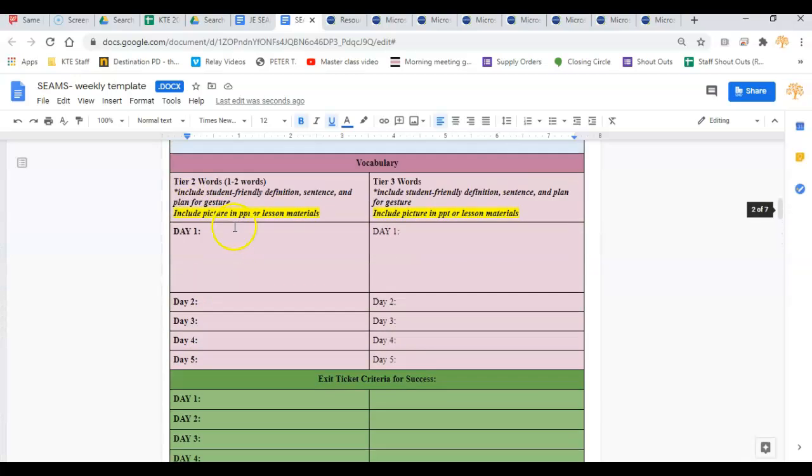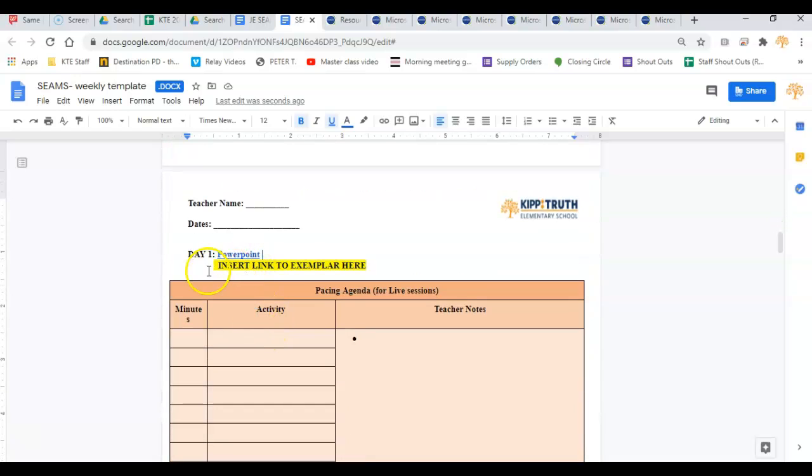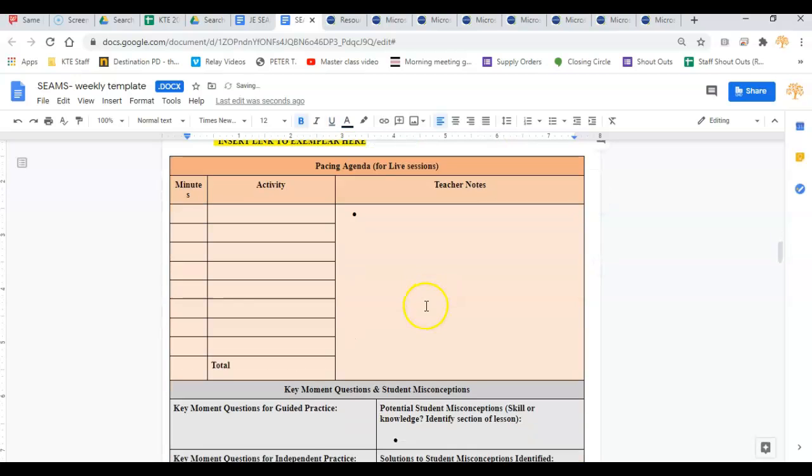Again, your exemplar doesn't need to be moved into this space, but when you upload your annotations, you would also insert your exemplar here. From there, you would put your minutes, what kids were doing, and any teacher notes. So for example, you might say, we're going to do a 3-minute do now, and then include a note for your teammate that says, review of key concept from yesterday. Look for accurate